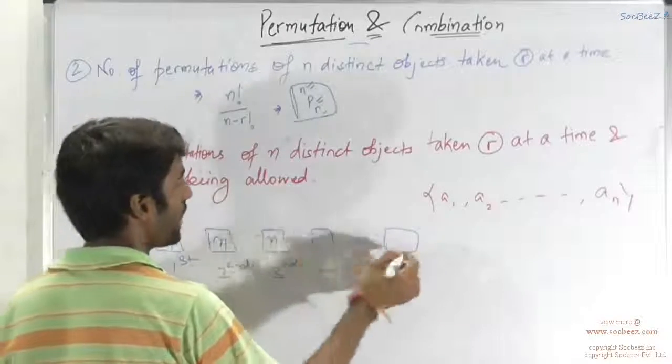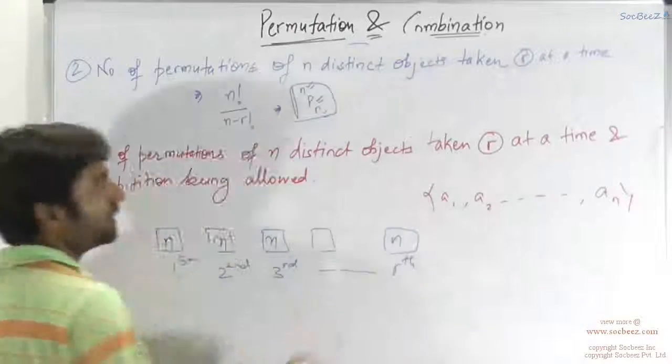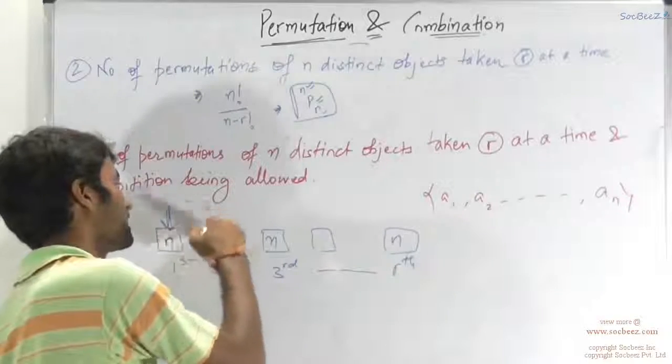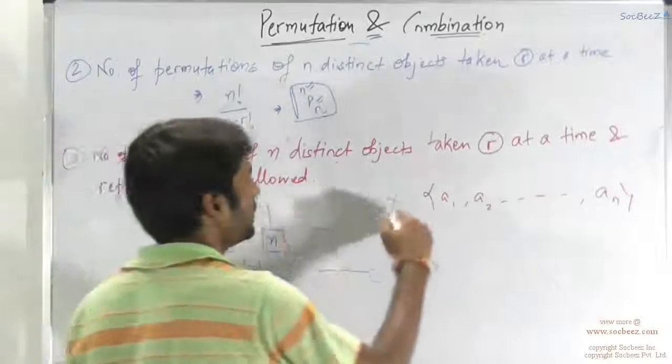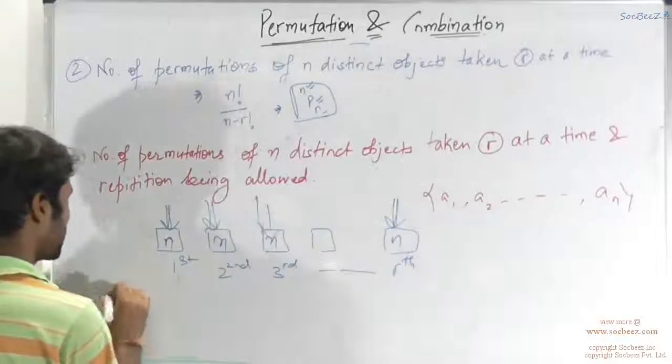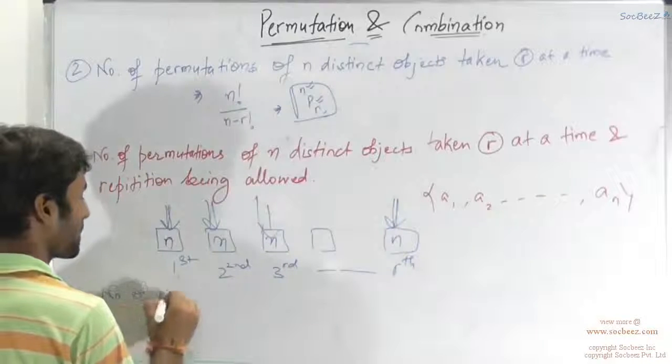So n possibilities. You have n possibilities for all these positions. The arrangement would be possible only when you choose the first position as well, second position as well, third position as well, and the other positions as well. So the multiplication principle says the total number of permutations